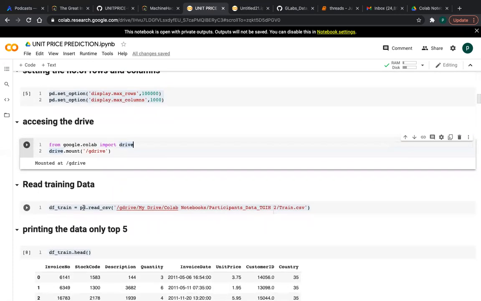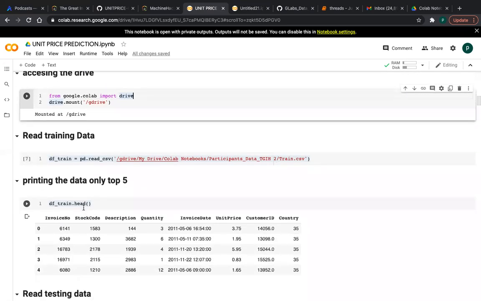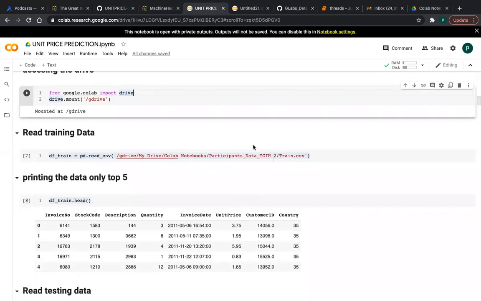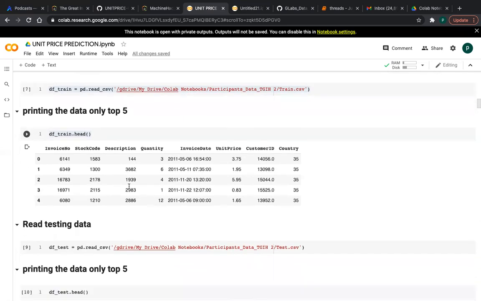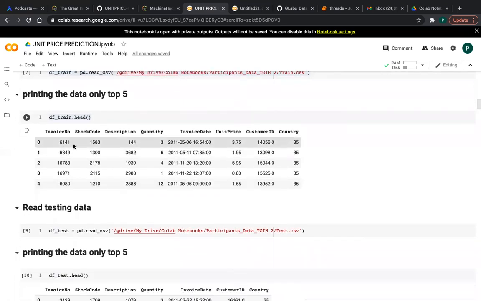Now I am starting the project. I am reading the train data set. I put the variable name as df underscore train, and I am printing the top 5 observations of the data. The features are as I already discussed.